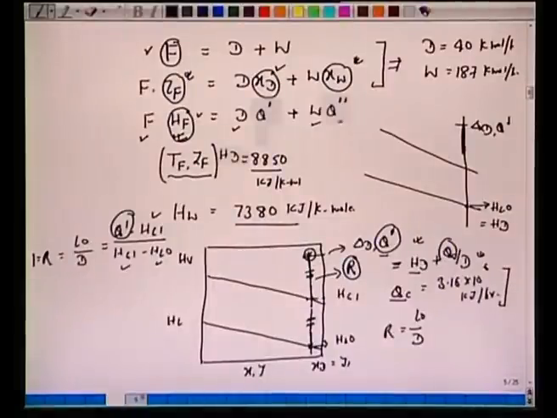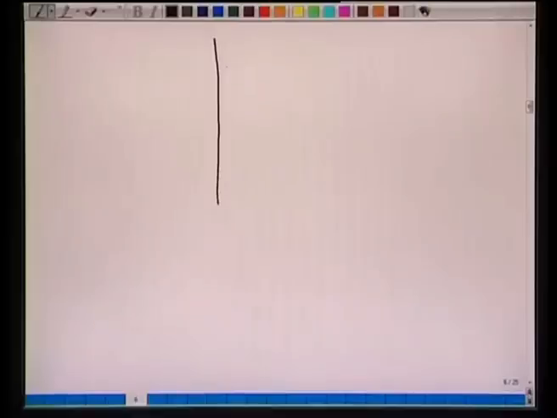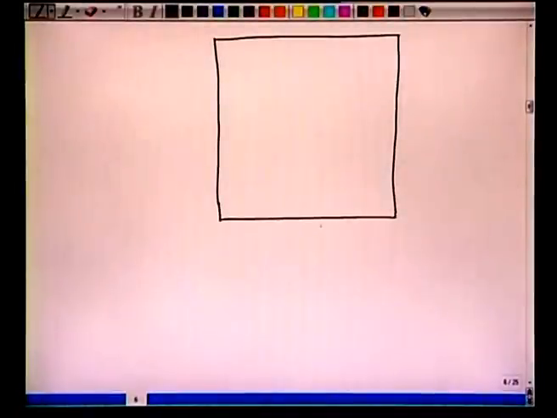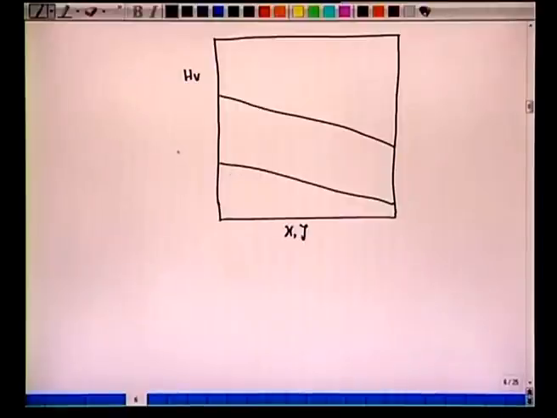Let's see what else we can mark on this equilibrium diagram. So now we have to redraw this HXY diagram again, or you can still redo on the previous plot. So we have this XY, we have HV, we have HL. Okay, now we mark this point Q dash, which is del D, differential point for the top column. This is XD same as Y1.